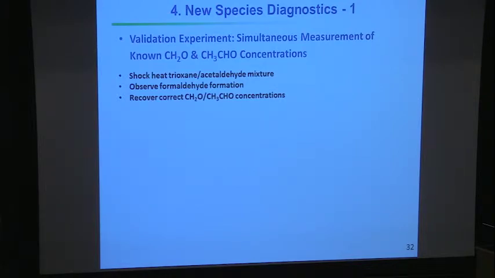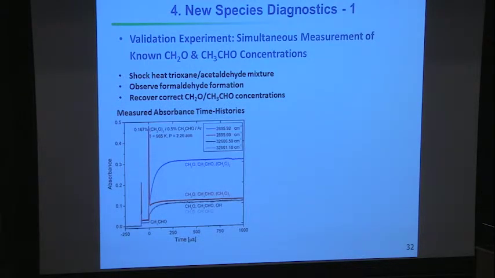We checked ourselves by building a known mixture of these things. We heated what's called a trioxane and acetaldehyde mixture, and the trioxane decomposes to give you 3 formaldehydes. We watch the formaldehyde formation in this mixture under conditions where there are no other reactions, and we make sure we get the right answers when we sort out the